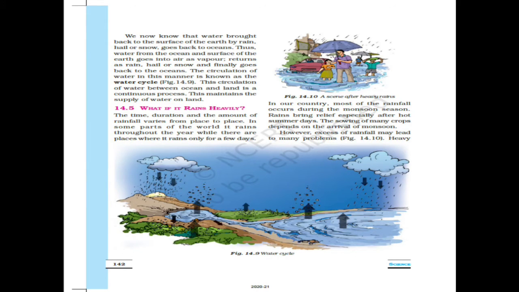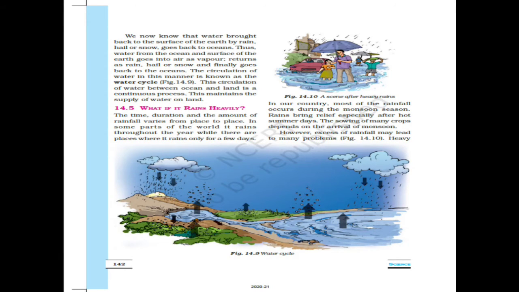Now let's move ahead. What if it rains heavily? The time duration and the amount of rainfall varies from place to place. In some parts of the world, it rains throughout the year, while there are places where it rains only for a few days. Now, the topic is what happens if it rains heavily for a long period of time. So it is written that in some places the rainfall varies from place to place. For example,